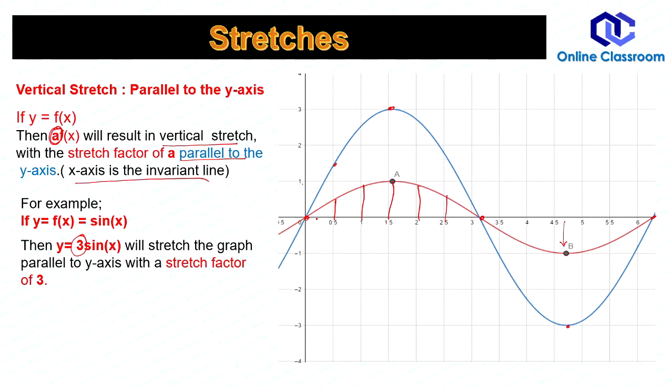If I use the word image for after transformation, I can say the distance of the image is thrice the distance of the object from the x-axis. I repeat, the distance of the image is thrice the distance of the object, where object means the original function, from the x-axis. Hopefully the idea is clear. And how to show this? Whenever you see this number written before the function, this shows a stretch, a vertical stretch. Please repeat this part and get the idea clear, how to do stretching. And in stretching you have a change in the shape also, because these points are invariant on the x-axis.